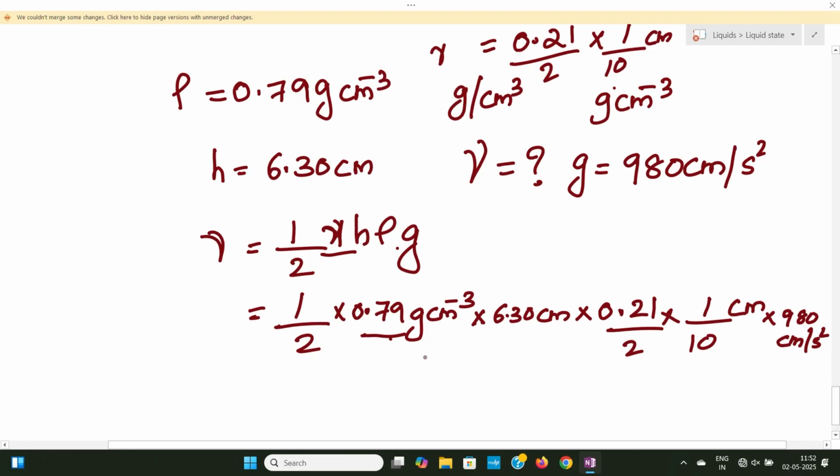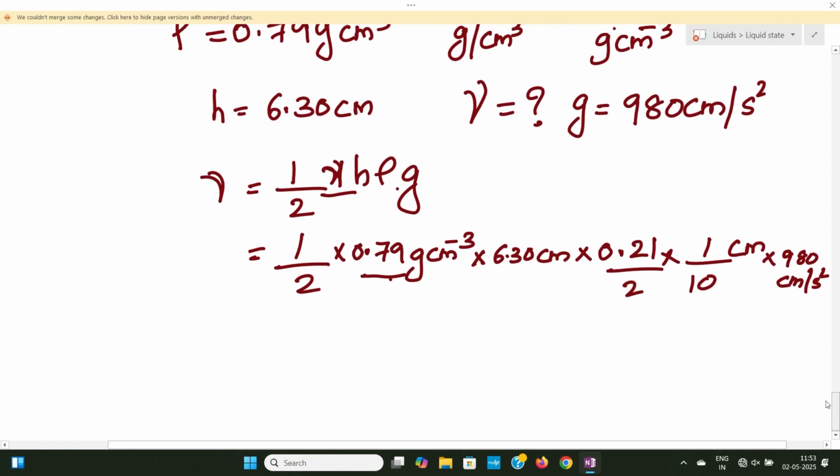So, this is the equation, and we have substituted all the values. When we do the calculation of 0.79 into 6.30 into 0.21 divided by 2 into 1 by 10 into 980, the whole divided by 2,